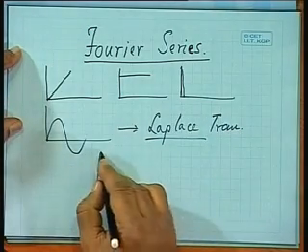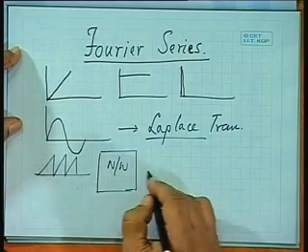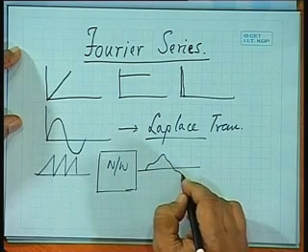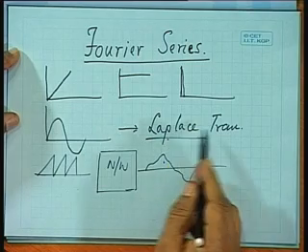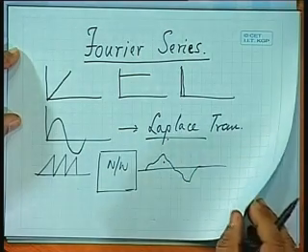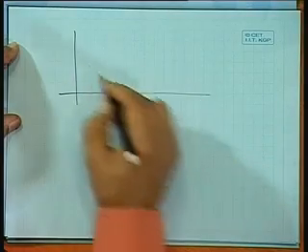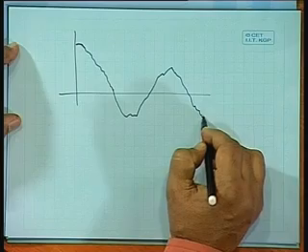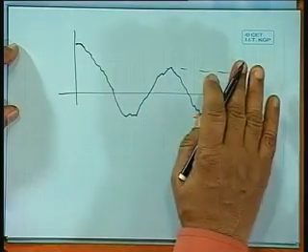Suppose you are given a network and you have a periodic function. Then you take the Laplace transform of this, take the network function, and then you can evaluate the response. So the response will also be periodic. Now, the response that we get by taking the Laplace transform gives a total solution, including the transients. Suppose the response is like this. After some time it will stabilize to a steady value. If we are not interested in the transient part, but only in the steady state solution,